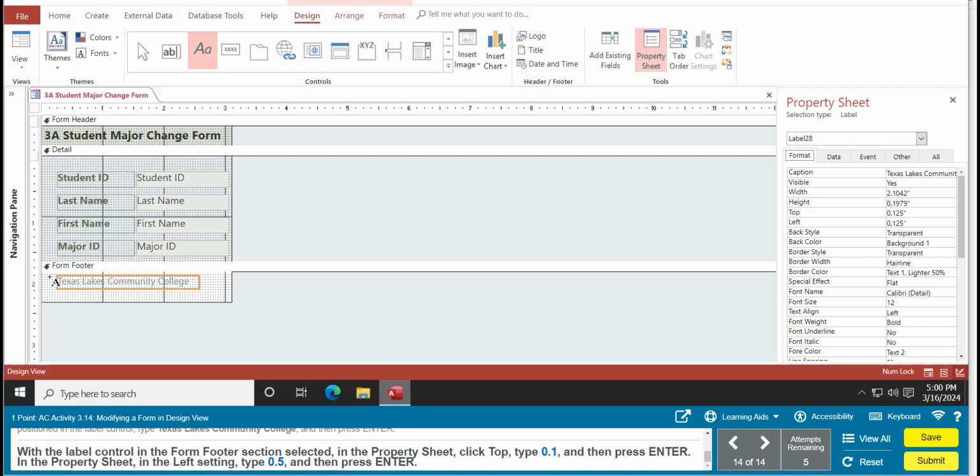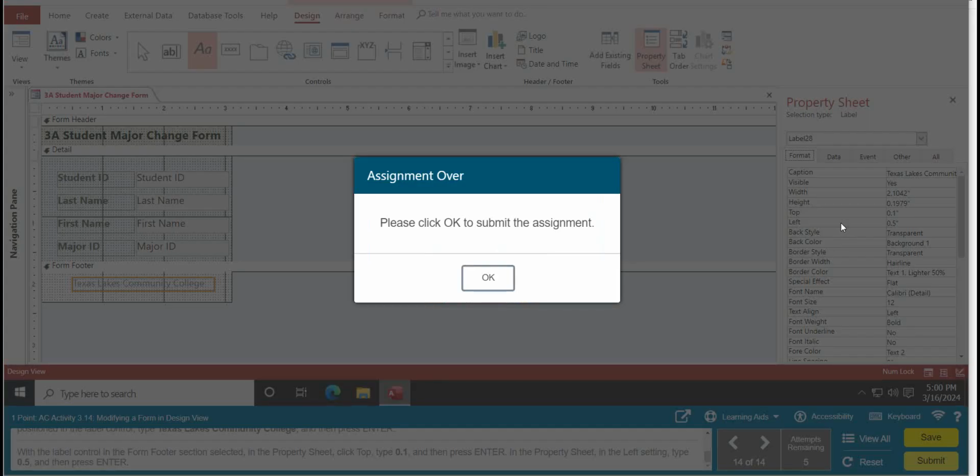With the label control in the form footer section selected, in the property sheet, click Top, type 0.1. On these decimals, I'll just put .1. I don't put the 0. Don't really have to. I hit enter, and in the property sheet in the Left setting, type 0.5. Type Left. So I can do 0.5 or .5, and then press enter. And that was it for